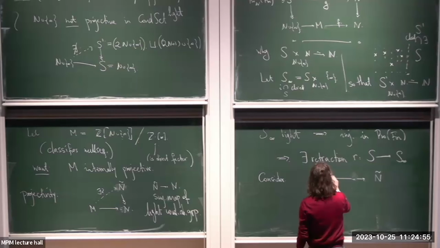So if you look at S infinity, then on S infinity, these two maps are just the same because this was a retraction. So S infinity actually